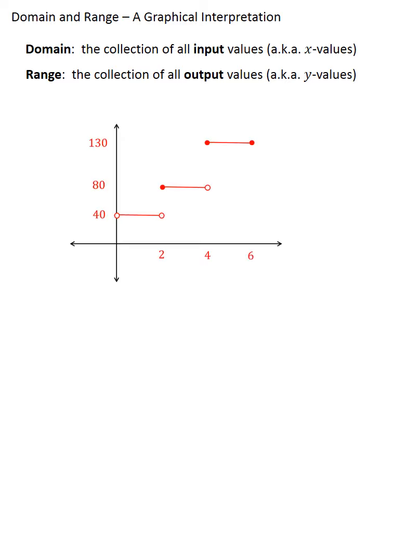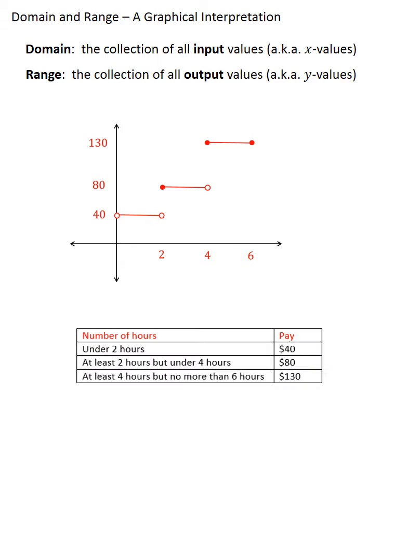Here's another example. This thing is called a step function for somewhat obvious reasons. Before I figure the domain and range of this function, which I could do simply by the picture, it's worth taking a brief excursion into where a step function would come from. So imagine you had a job where you're being paid for a task, and depending on how long that task took you, you would receive different pays. Instead of paying you hourly in the traditional sense, suppose you're being contracted to do a job,